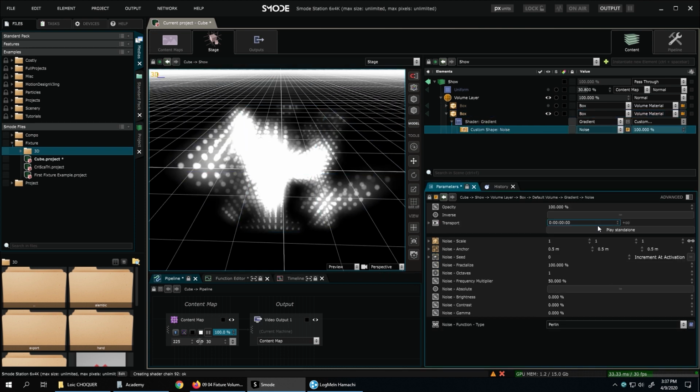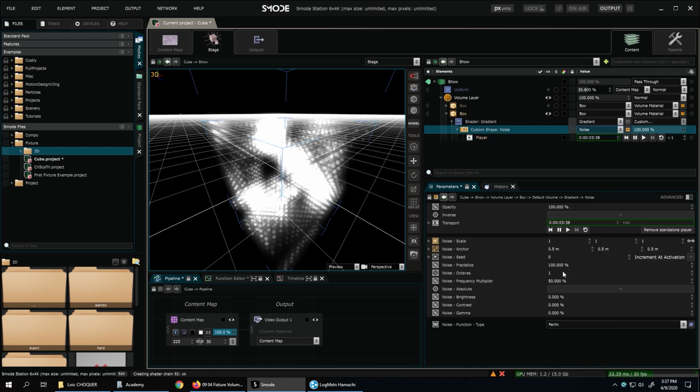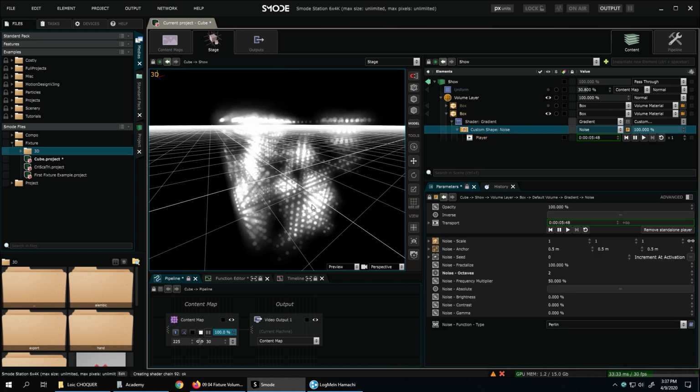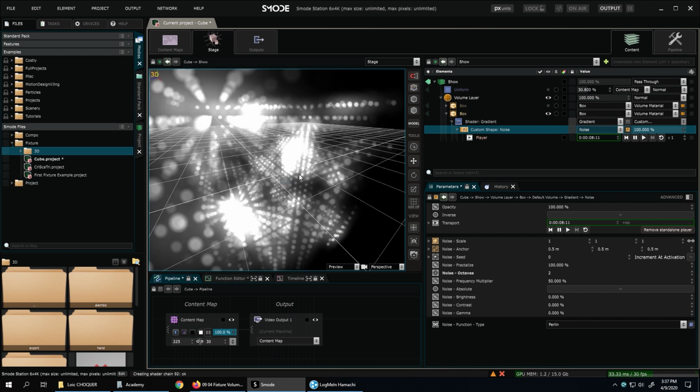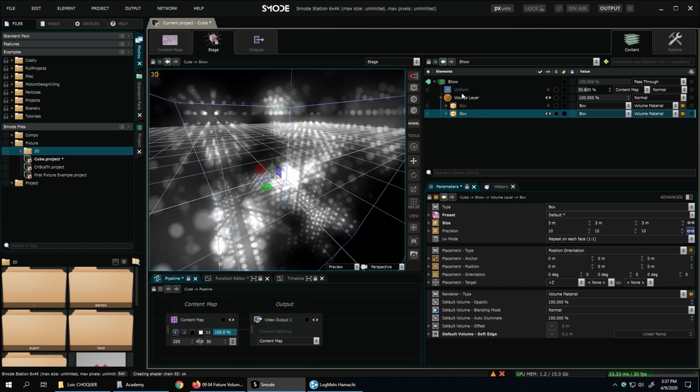So you can personalize the volume and also play on the noise. Let me add an octave, and here we have a 3D noise into the LED.